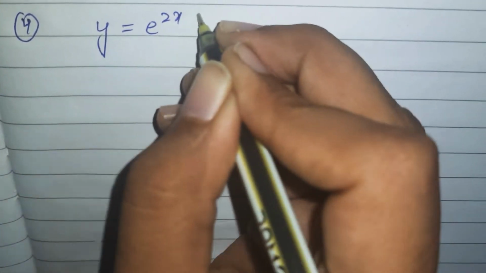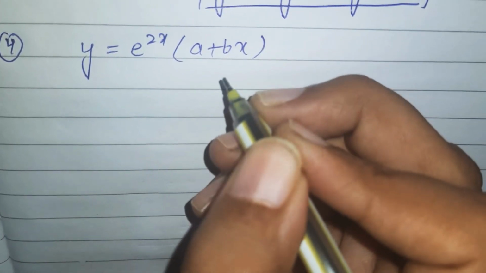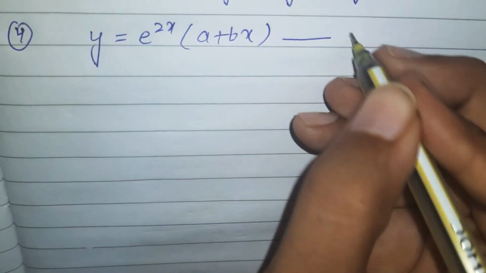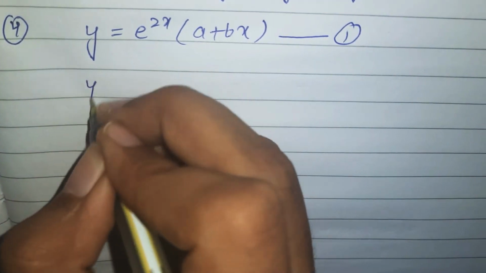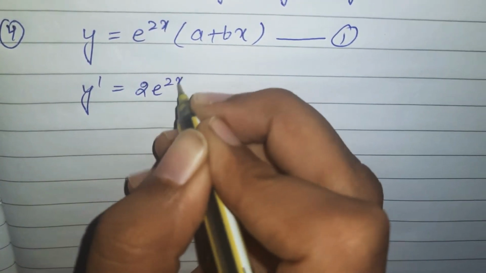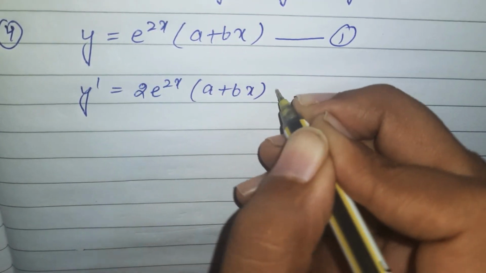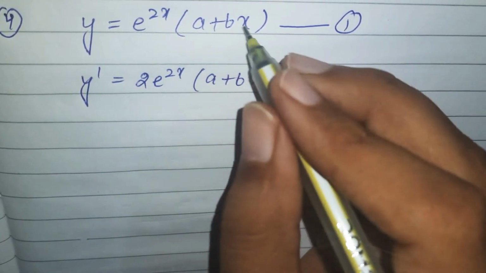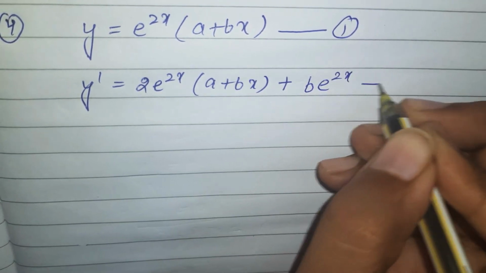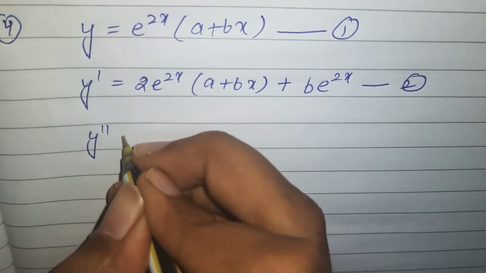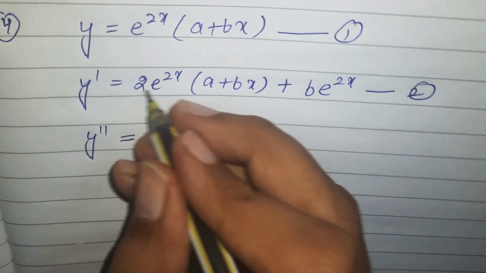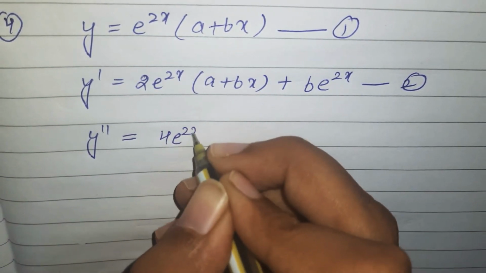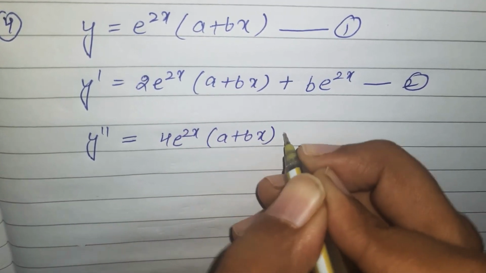Okay, now come to question number 4. In question number 4, we have y is equivalent to e raised to the power 2x times (a plus bx). So what do you need to do? Okay, mark it as 1. On first derivative, 2 e raised to the power 2x, second function same, then plus the derivative of this term will be b e raised to the power 2x. This is your second. Take the differentiation again, y double dash will become 4 e raised to the power 2x (a plus bx). Then apply the